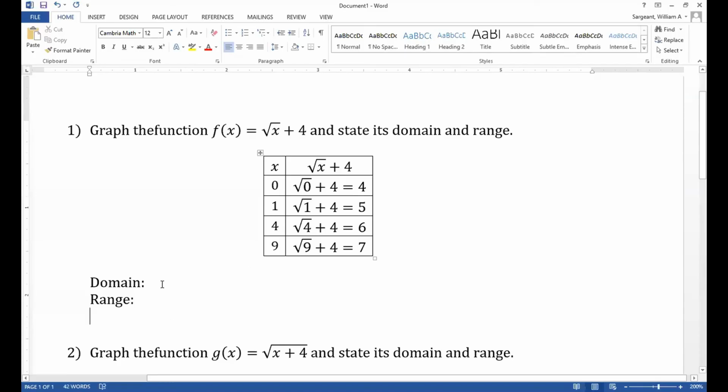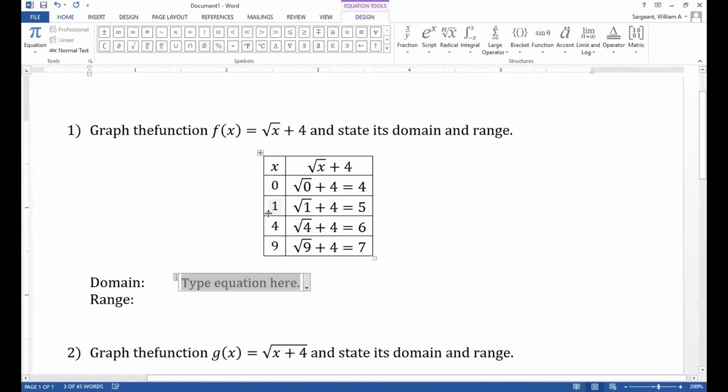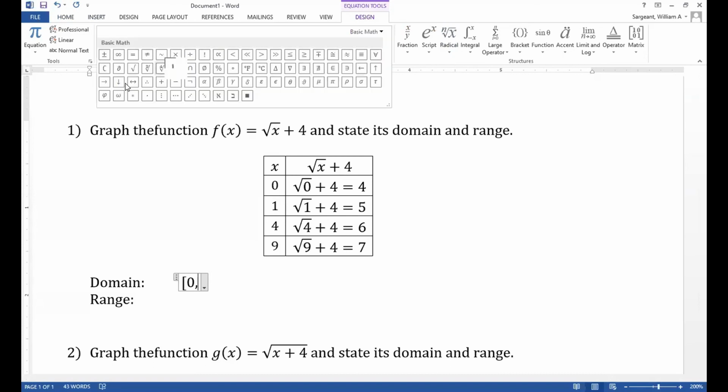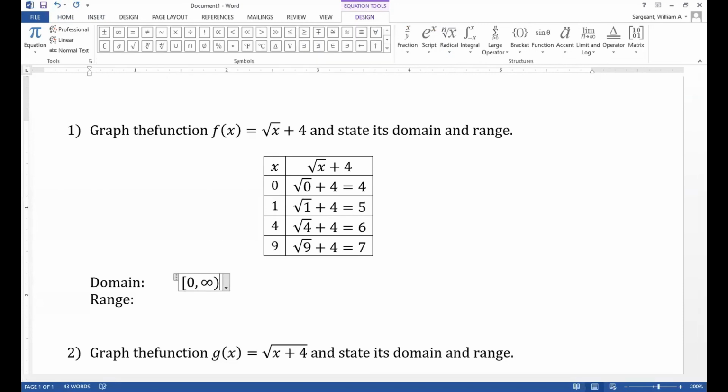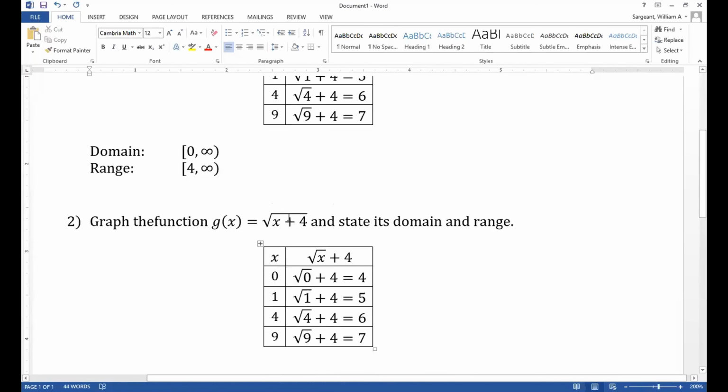So our domain is 0 to infinity. Because the 0 is included, we've got a square bracket. And on the other hand, we can never reach infinity, so that has a parenthesis by it. The range we saw was 4 to infinity. Now, as for having the plus 4 inside,